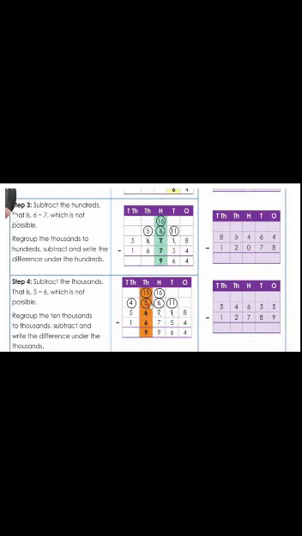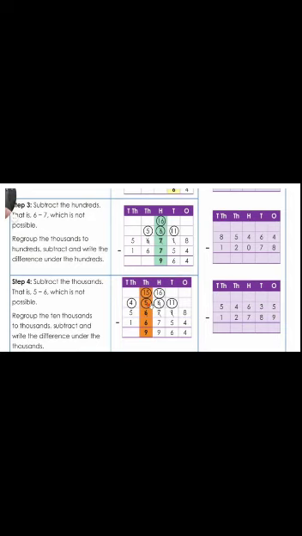Now third step, subtract the 100, that is 6 minus 7, which is not possible. Again, the smaller number from the bigger number. We can't do that. So we have to borrow it from the 1000 column now. 1000 column is having 6. So we will cut that 6 and write 5 above it. And we will take that 1 to the hundreds column. Now the new number in the 100 column is 16. So we have to subtract 7 from 16. So the answer is 9.